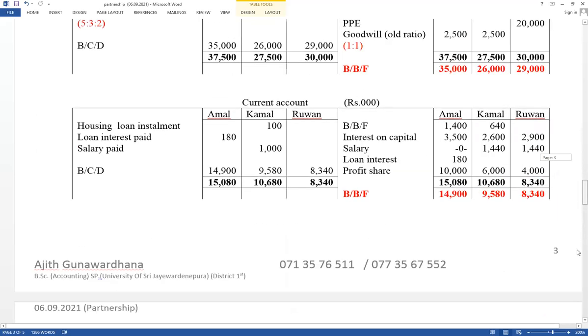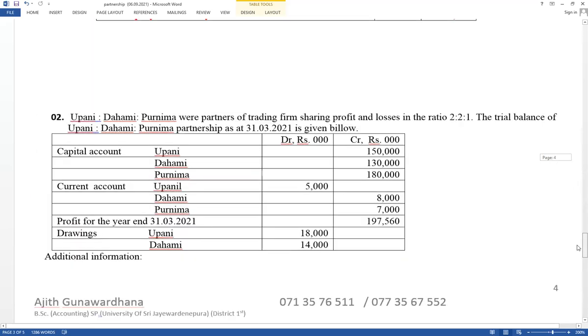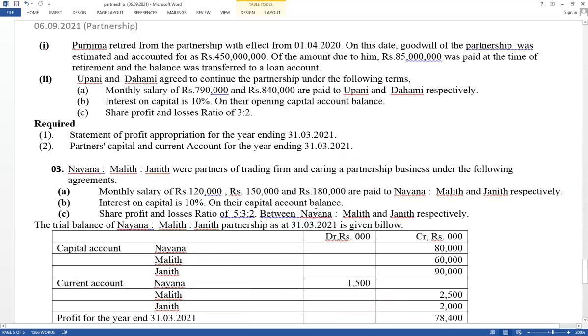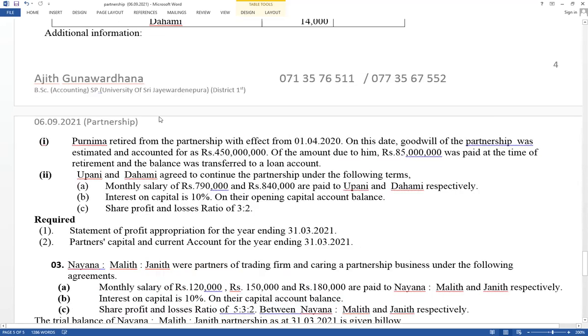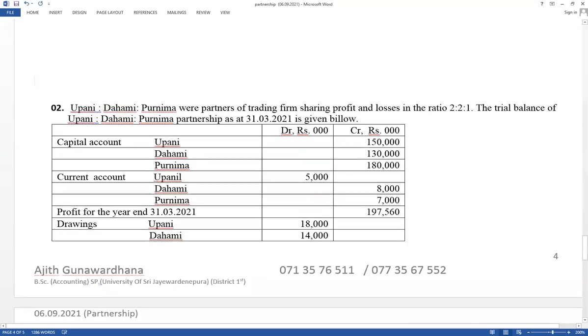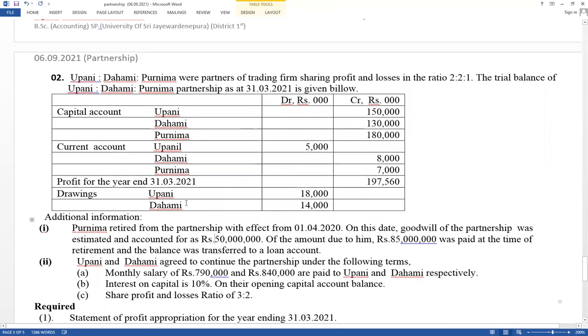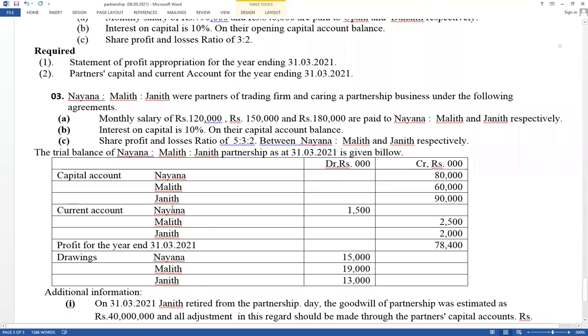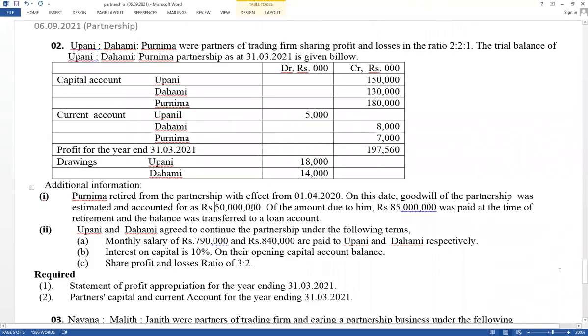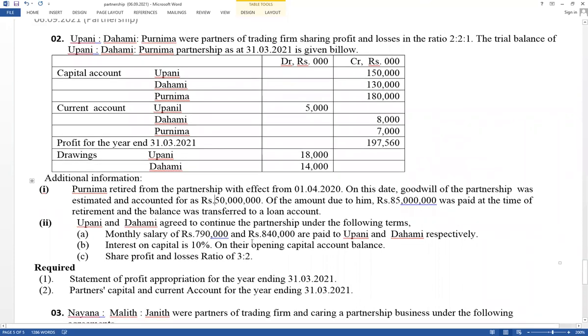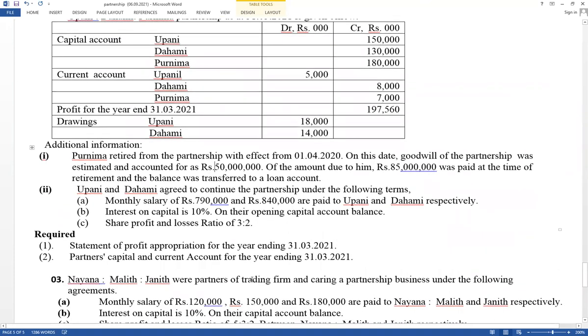Right. Do the next question at home. Questions number 2 and 3 are relevant to the retirement part. We have discussed this part. Set the goodwill value as 50000 in question 2, second line. These are relevant to retirements, specifically the appropriation account, current and capital accounts, at the beginning of the year as well as the end of the year. Next week I will discuss manufacturing accounts with partnerships.